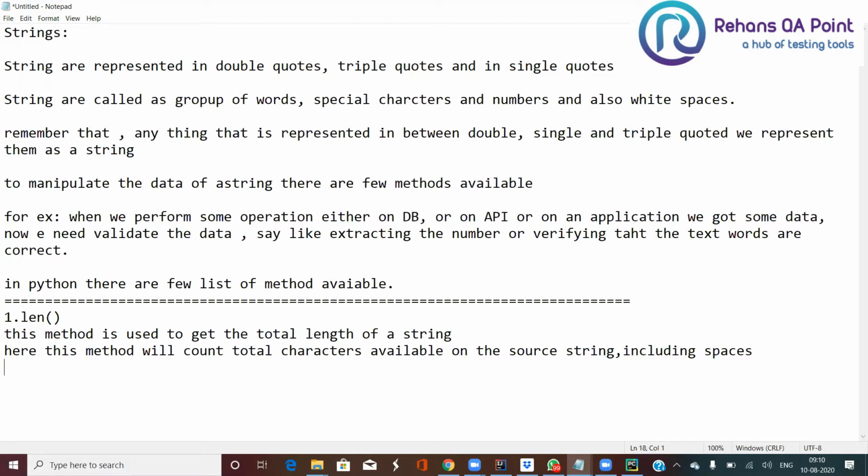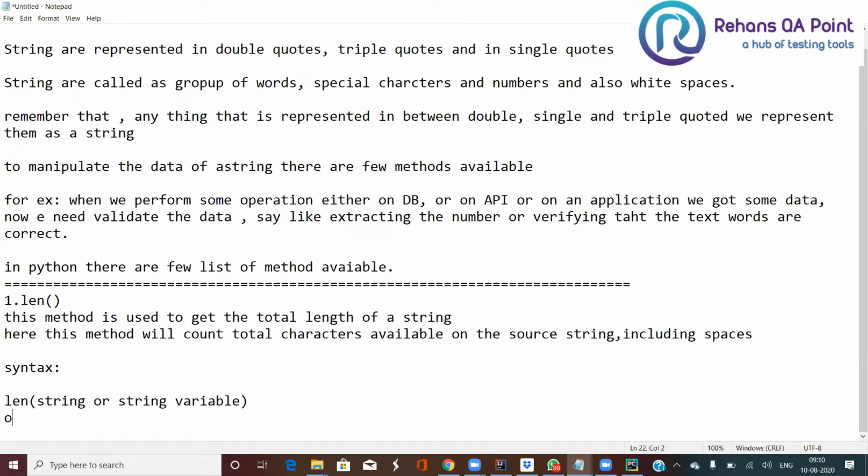Okay. So the syntax is going to look like len of string or string variable. We have to pass your string or string variable. Okay. So what is the output I'm going to get here? The output I'm going to get is an integer, the total length of my string.